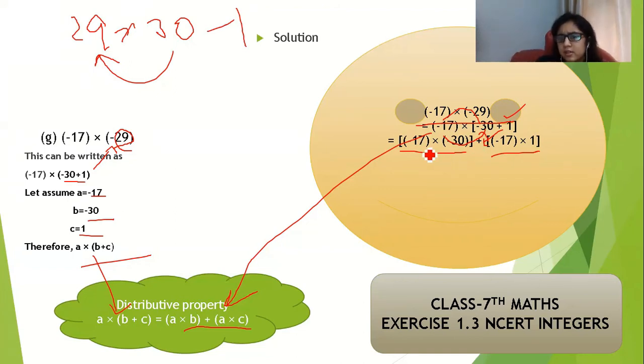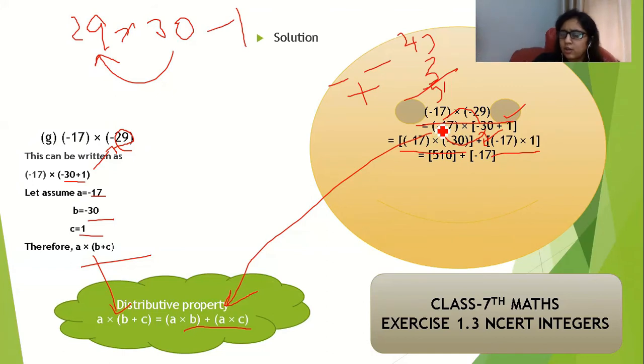Now I have to solve these two brackets, and whatever the answers I get, I will add those numbers with each other. So if you multiply 17 by 30, you have to apply the rule of multiplication here, because these numbers are negative, and if both numbers are negative, the sign of the answer is positive. So when you multiply 17 by 3, you will get 7 times 3 is 21, 1 and 2 is carry, 3 times 1 is 3, 3 plus 2 is 5. You will get the answer 51. And you have to put 0 at the end, so you will get the answer plus 510. Why plus? Because we have just applied the rule of multiplication, and if both the numbers are negative, the sign of the answer is positive.